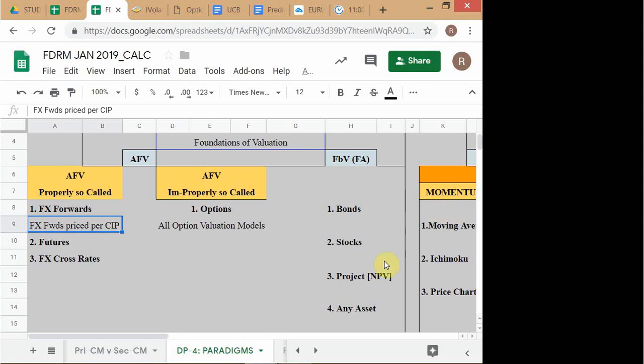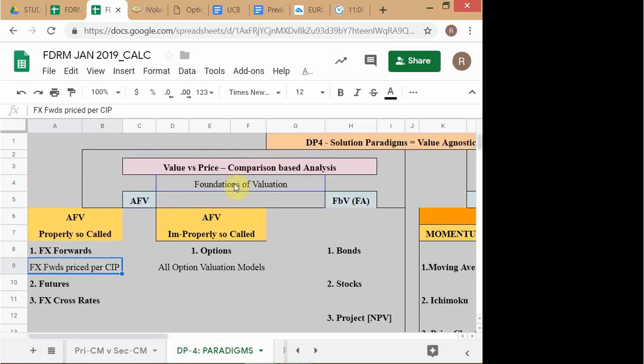Okay, but there is another category of models. That's why within this category, within this value versus price, I've given two categories. One is called AFV. AFV stands